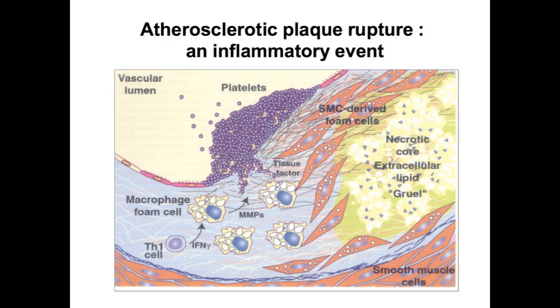So it's a bit like getting some bolt cutters on those nets on the side of the motorway and making them less able to hold back what's there. Okay. So what happens then actually in these thin capped vulnerable plaques is you can get a rupture at the edge. So there's a break. What happens then is you get platelet aggregation and thrombus, and the person has an MI or a stroke or something like that. So inflammation seems to be pretty important. We saw the front cover of Scientific American. Inflammation's linked to heart attacks. And this is exactly what it's about.